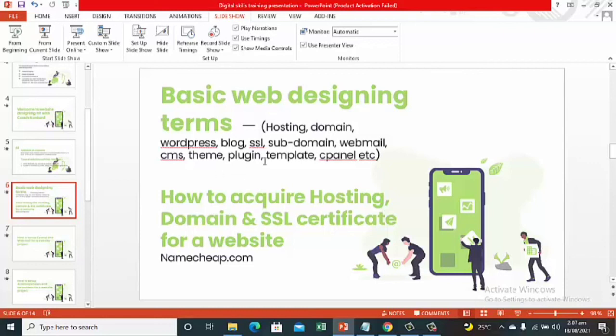So quickly, let's go and look at how to acquire hosting, domain and SSL, after which we're going to bring this particular video to an end. Let's quickly look at how to acquire hosting, domain and SSL. So let's jump to